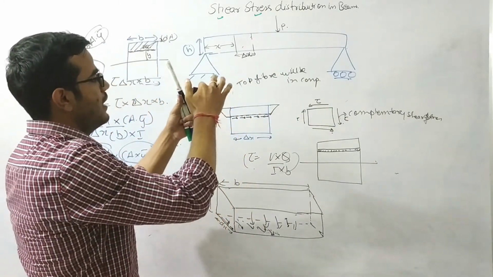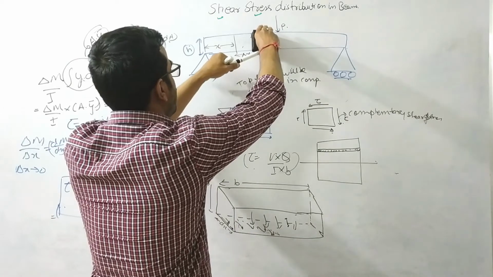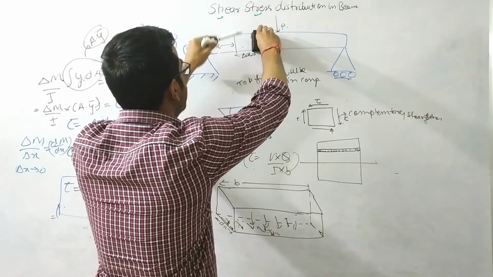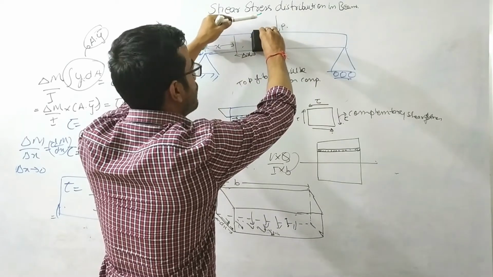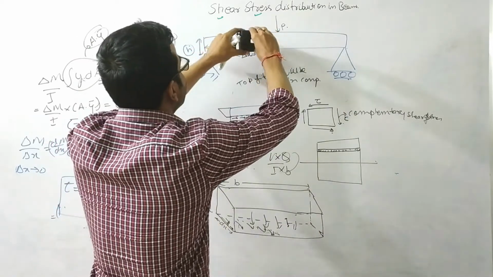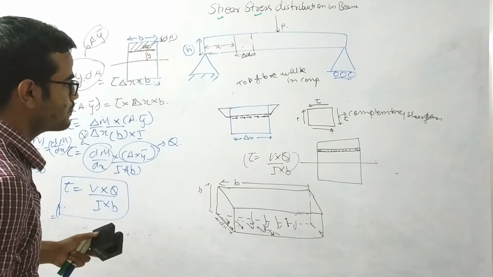At this top portion and this bottom portion, this is the figure. At this point there is no surface, so the horizontal shear will be zero. And in this portion also, above which there is no surface, the horizontal shear force will be zero. So at this point the vertical shear force will also be zero. This thing we need to take care of.